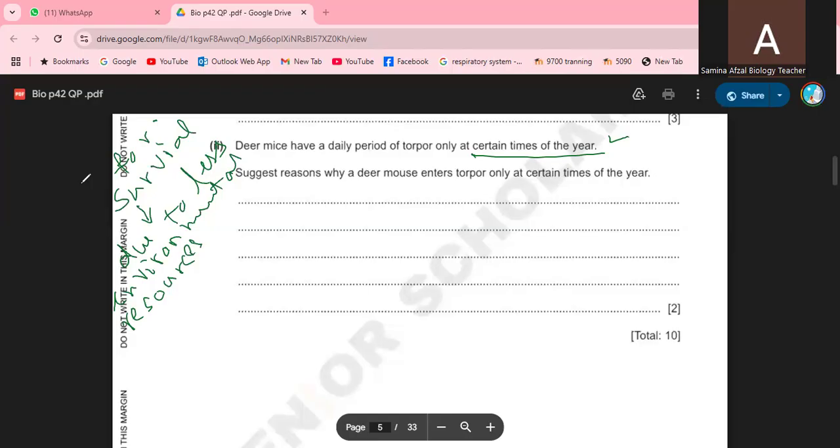So at that time, for its survival, the deer mouse enters torpor. Why are these environmental resources decreased that it has to enter torpor? Due to low temperature, due to extreme environmental conditions,